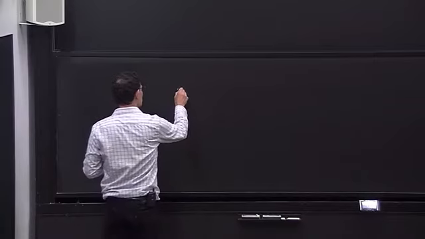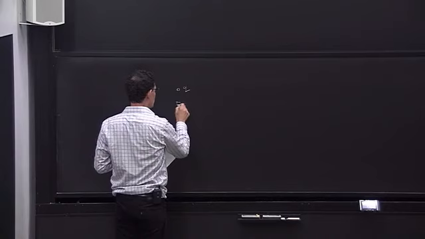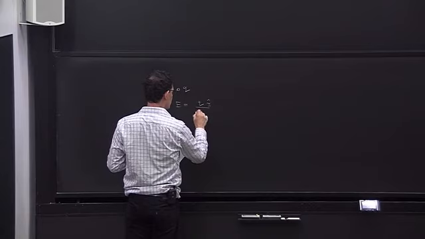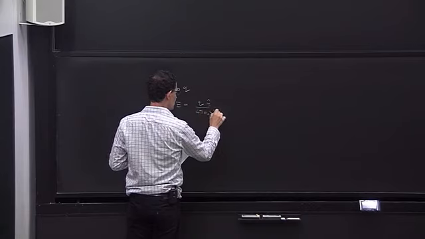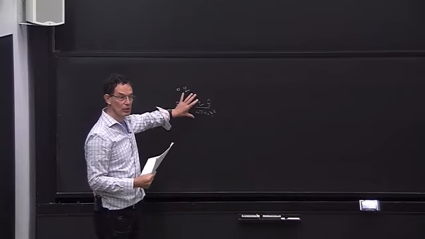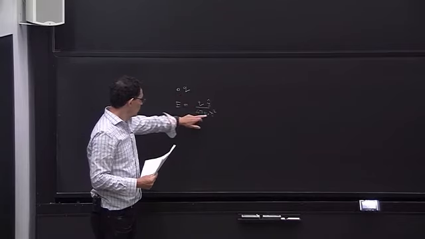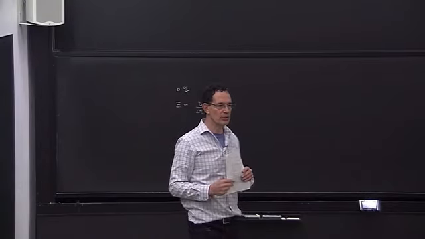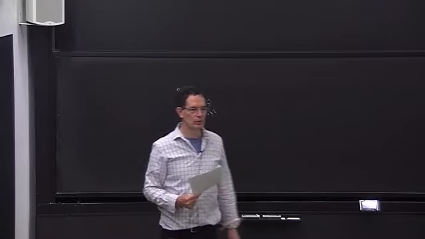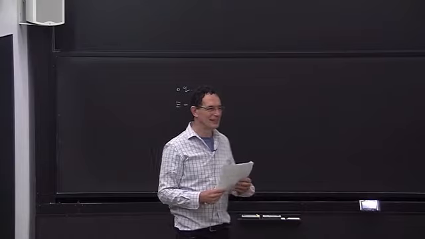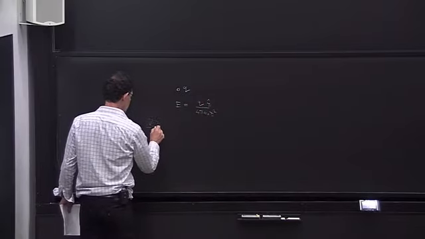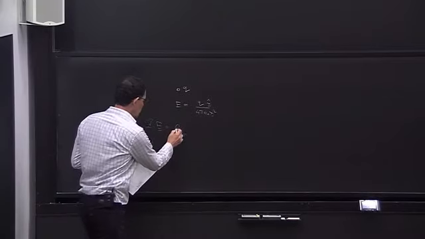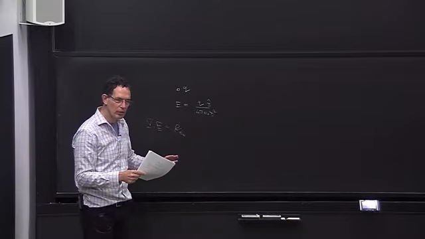Okay, so I have an electric charge, Q, and the electric field is Q x hat over 4 pi epsilon naught x squared. That just follows from Gauss's law. Okay. Why is it the inverse square law? What's the symmetry of Maxwell's equations that explains the inverse square law? Okay, so let me just remind you, div E equals rho over epsilon naught. Rho is the charge density, that means the charge per unit volume,